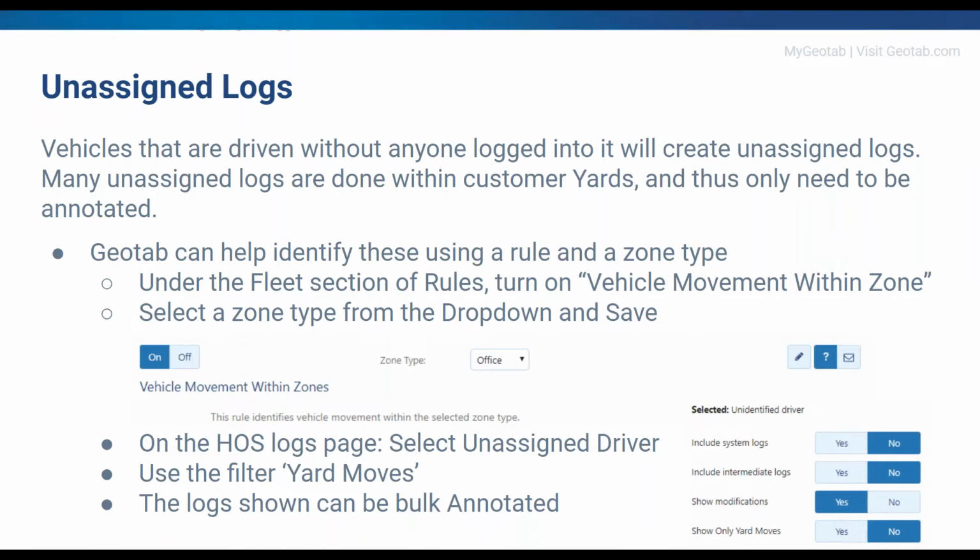It's a lot easier to handle just that list instead of the list that's all jumbled with your own yard moves. The reason that you also want to make sure you have these unassigned logs annotated and you're on top of them is because just like unverified logs, they're really easy to spot in inspections as well. Unassigned logs are kind of the thing that officers look for, because if you have unassigned logs, they might think